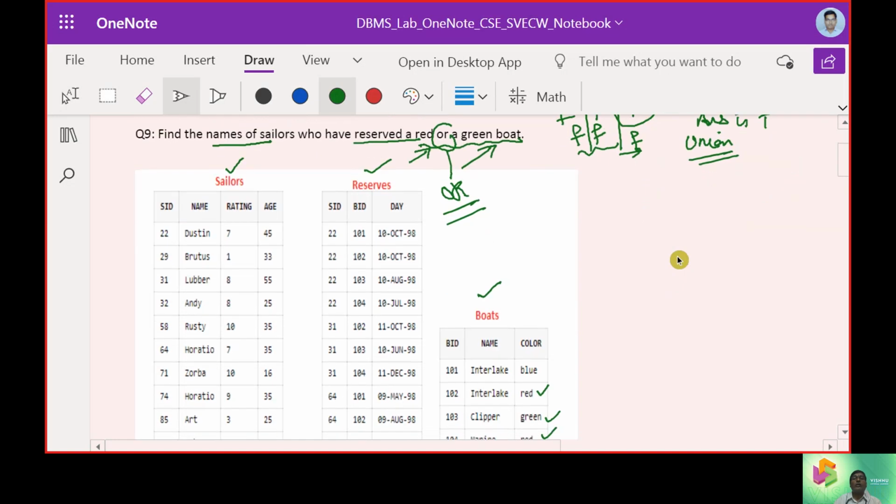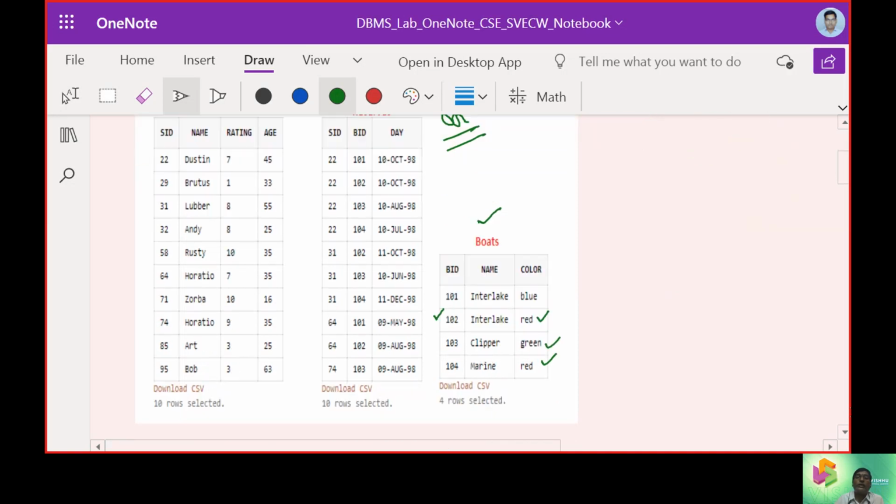Now, first let us see who are the persons, the Sailor IDs, who have reserved a red or a green boat. A red boat is 102. 104 is again a red boat, and green is Clipper, 103.